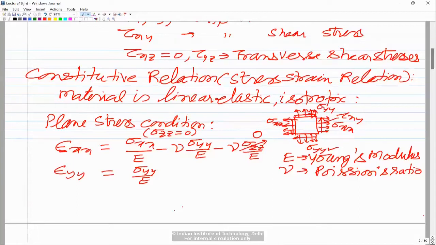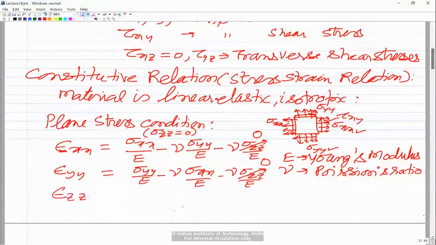But there is a normal stress along x direction, so that will lead to contraction along y direction. So that contraction would be minus nu times sigma xx upon E. Similarly, minus nu times sigma zz upon E. This will also lead to a contraction, but we are saying for the plane stress case, this is actually equal to 0. So now similarly, if you look at the epsilon zz, normal strain along z direction, so that would